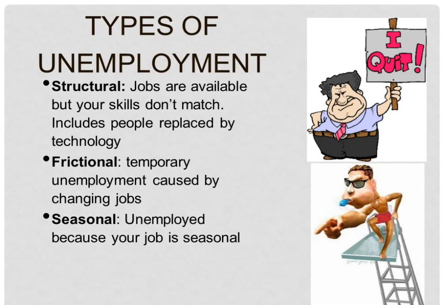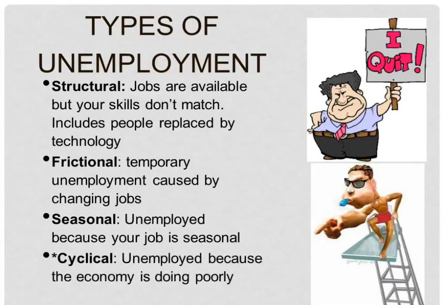A third type of unemployment is what's called seasonal unemployment. And seasonal unemployment is pretty obvious, right? If you're a lifeguard at a lake in the Northeast, you're probably going to be unemployed come January, and vice versa. Your snowplow driver is probably going to be unemployed in the middle of August.